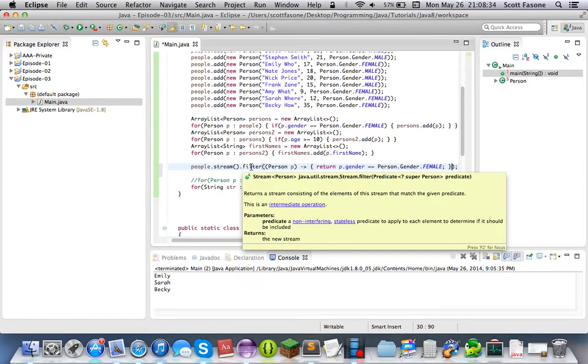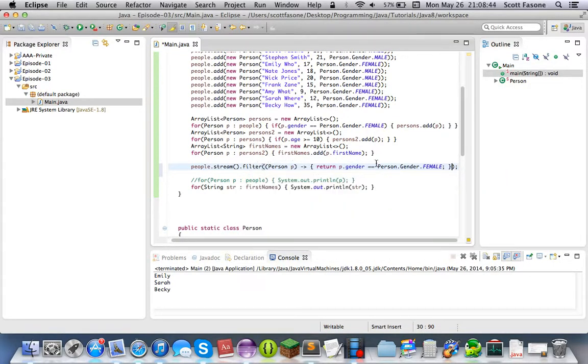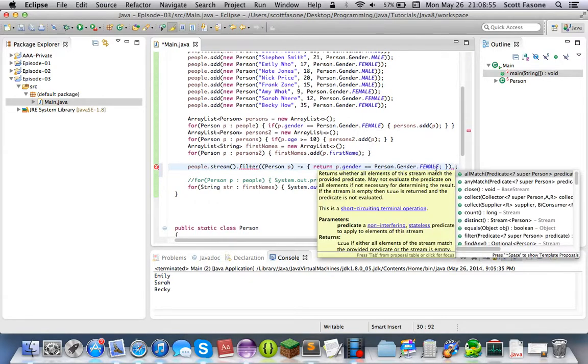So right now it returned a different stream. Every time you apply one of these things to a stream, it's going to return a new stream, so you can keep doing things on it. A stream is something you can only sort through once, and so there are stream-ending methods that you can do. So that's filtered it so it has only females. Next we can filter it again, so it only